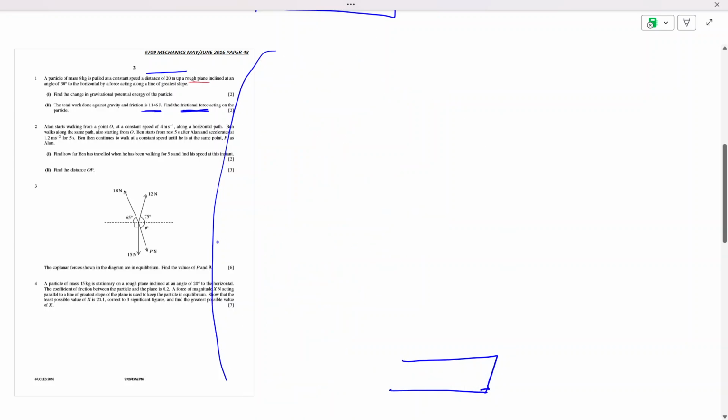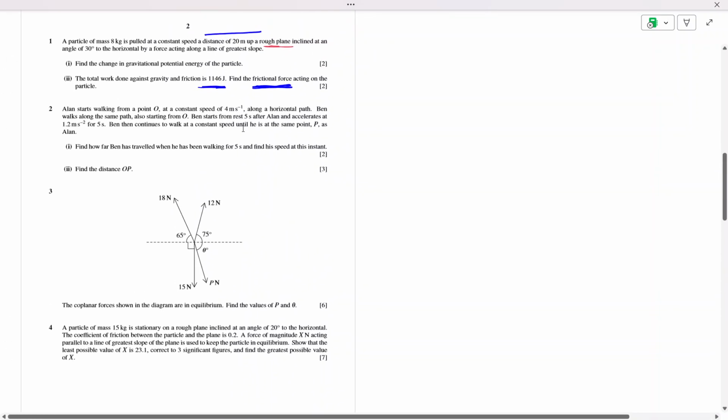Okay. Make space for question 2. Question 2 reads,